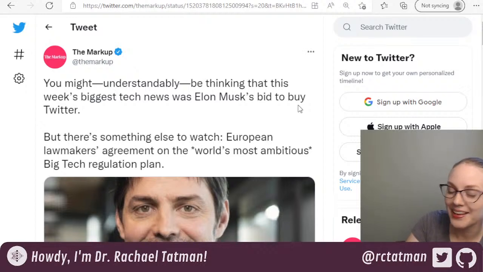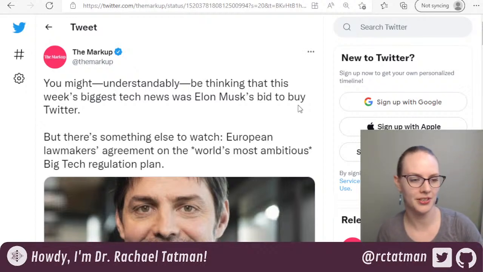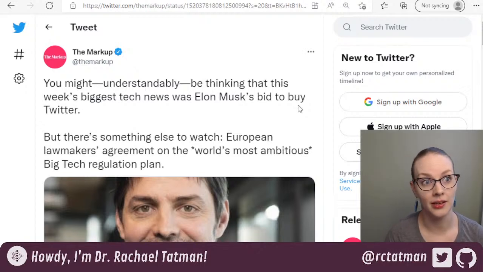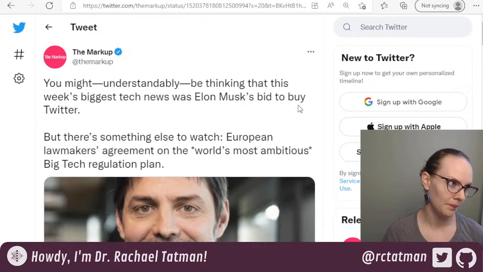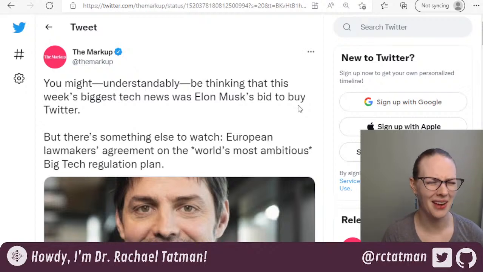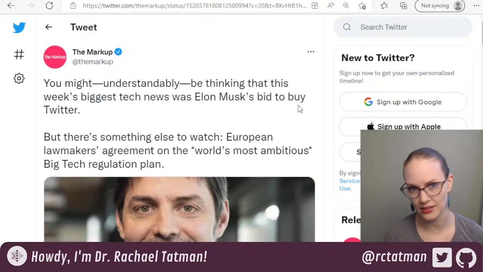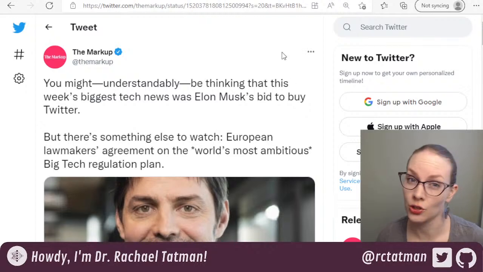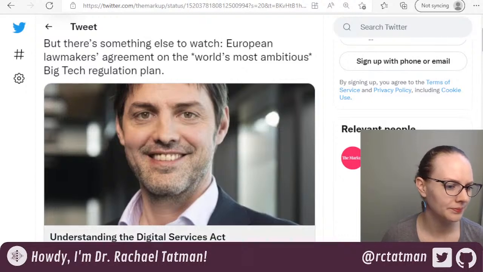Also, it's been a big news week. One of the things that was not really covered as much, I think, is that the EU has a really massive tech regulation. I'm not as familiar with the way that the EU enacts legislation as I am with the US, because that's where I am. But it's out of the draft form, and I think it may or may not be law yet. Anyway, it's called the Digital Services Act, or DSA.